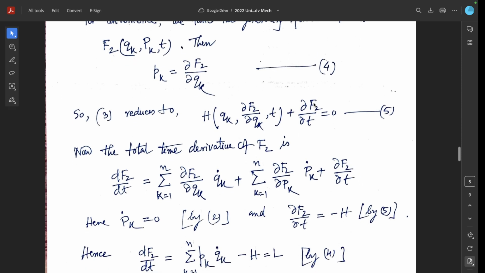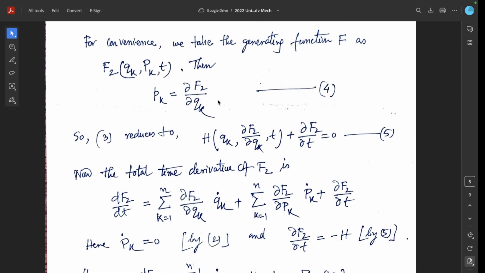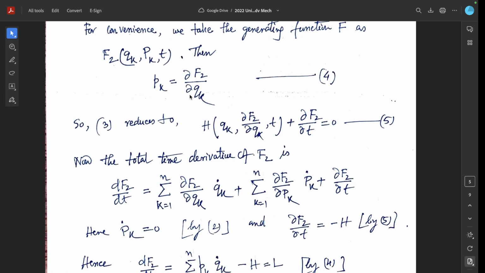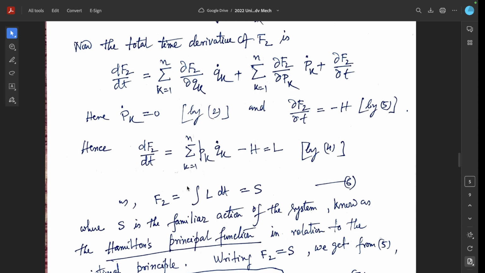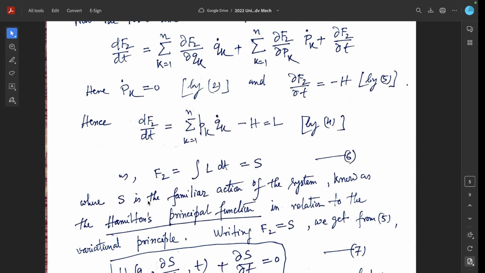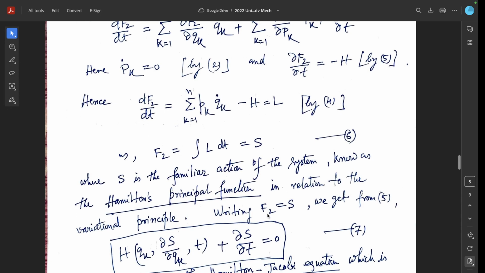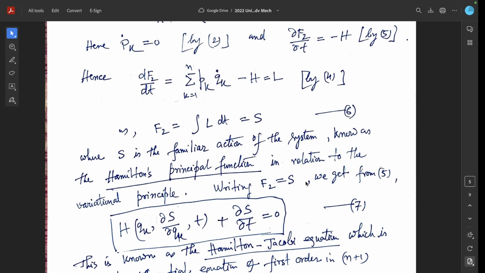This equal to 4, pk means del del qk F2. So put this value of pk, and then F2 equal to integration L dt, this equal to S, the action integral, where S is the familiar action of the system known as Hamilton's principal function in relation to the variational principle. Writing F2 equal to S,